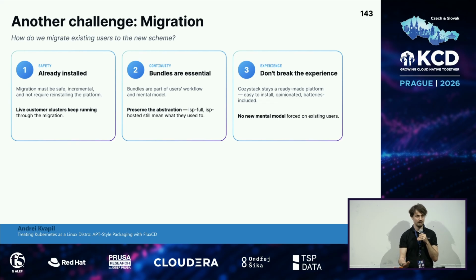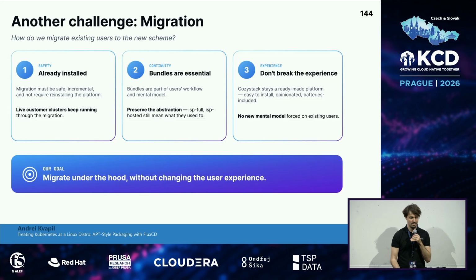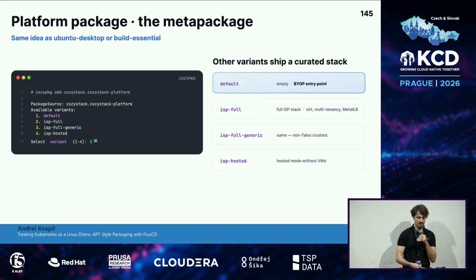It might be quite complex to configure all of these open source components together, but we provide a simple installation method, and we don't want to break it by forcing users to install all of these packages and explaining to them how it works. So we decided to still put some packages in our platform chart and install them when a specific variant of this package has been chosen. By default, we install nothing, just package sources, and let the user pick and choose the specific components they want from the platform. But we also have predefined bundles,